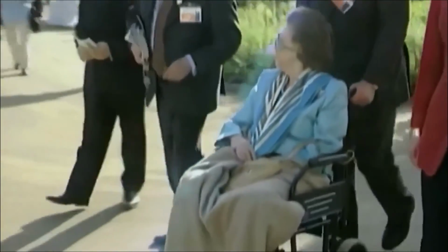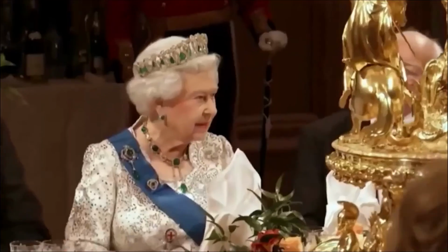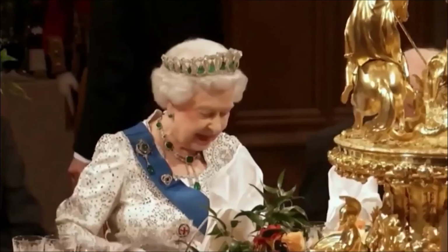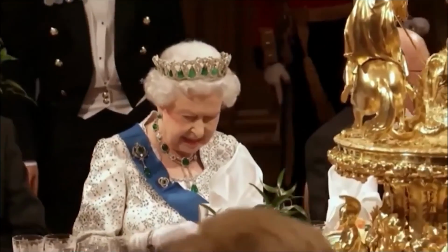Thankfully, her sister the Queen is much healthier. And just as well, when we've seen how the health of the monarch has been synonymous with the health of the nation for most of British history. The monarch is, if the monarch is strong,